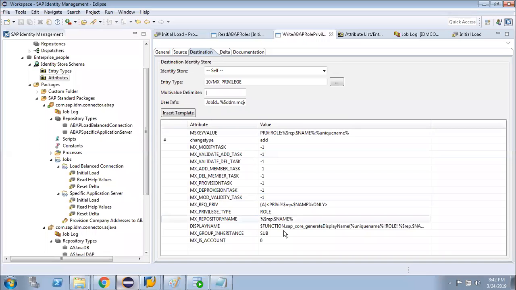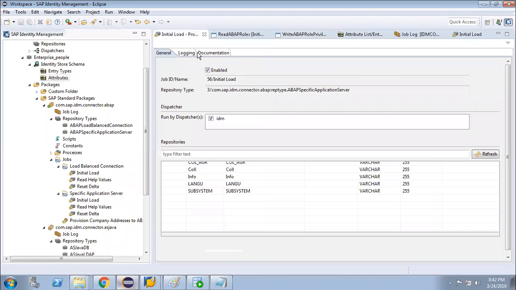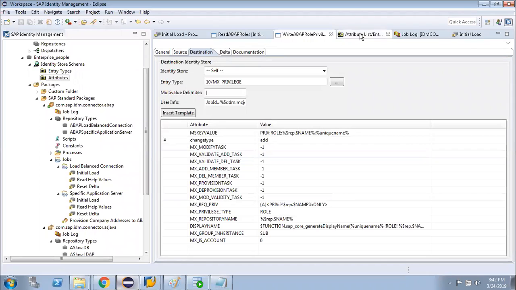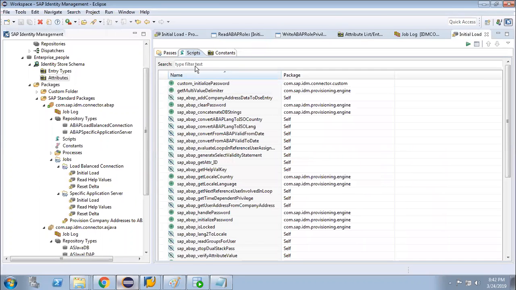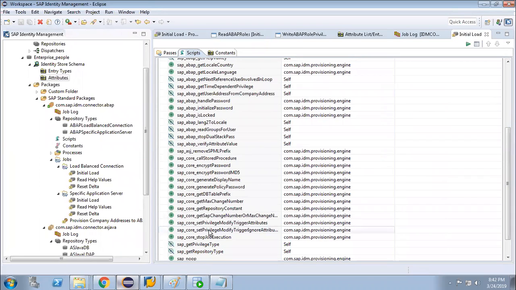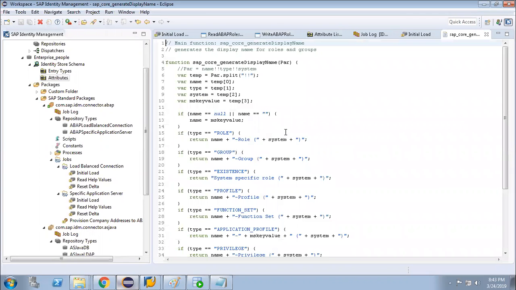The script is SAP core generate display name. If you open that script, you will see